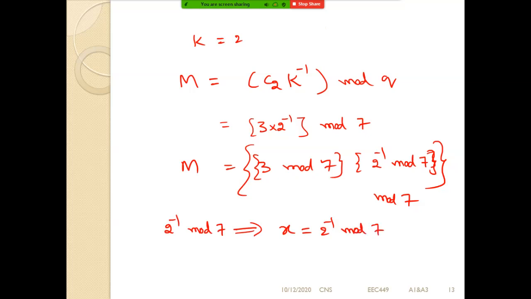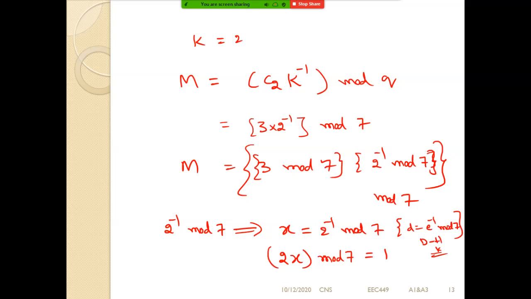If you recollect from the Diffie-Hellman key exchange, if this 2 inverse is coming here, it can come out as 2x mod 7, which must be equal to 1. Yes or no? If you recollect, it was something like this. B is equal to E inverse mod 7 from the Diffie-Hellman key exchange algorithm. Yes or no? So 2x mod 7 is equal to 1. Now, how can we find the x value?